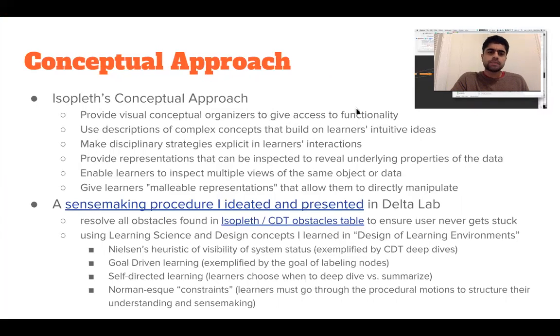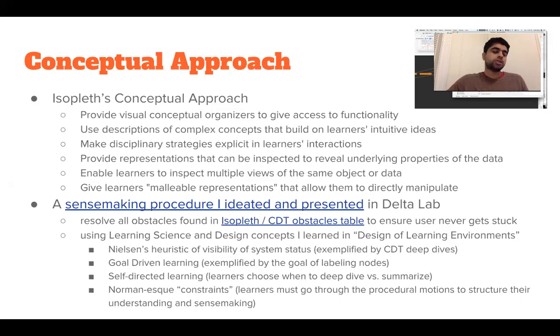Specifically, we look at visual representations of source code into a call graph of nodes, inspectability, because nodes are inspectable and their source code for the specific node becomes visible, as well as malleability. The graph of nodes can be arranged in different ways by dragging around nodes and their edges move in accordance. In addition, learners can label nodes, and those labels allow them to express what they think the nodes mean.